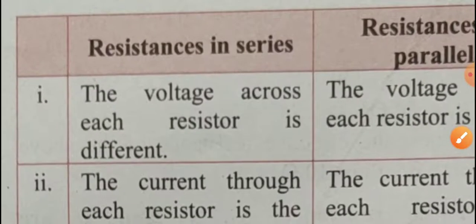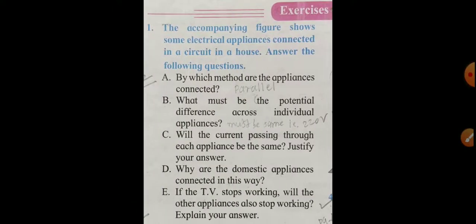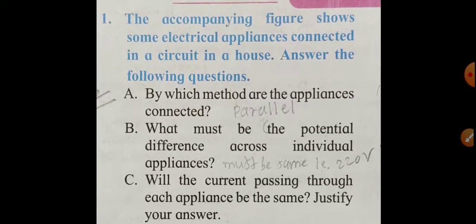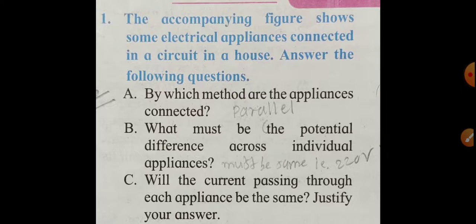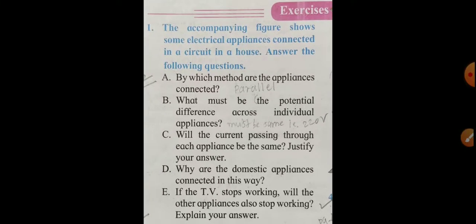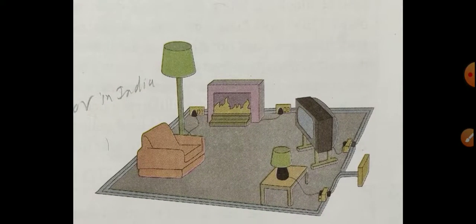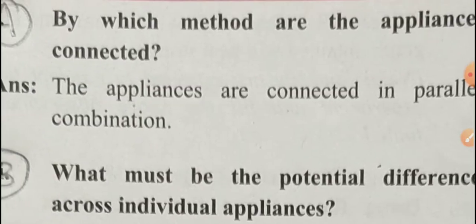This is your question number 39. Now the exercise of this lesson. The first question is given. So all of you see what the question is. I will explain the answer. Okay, this is question number 1. A diagram is given. You observe the diagram, the same diagram given in our textbook. Now see what the first answer is.